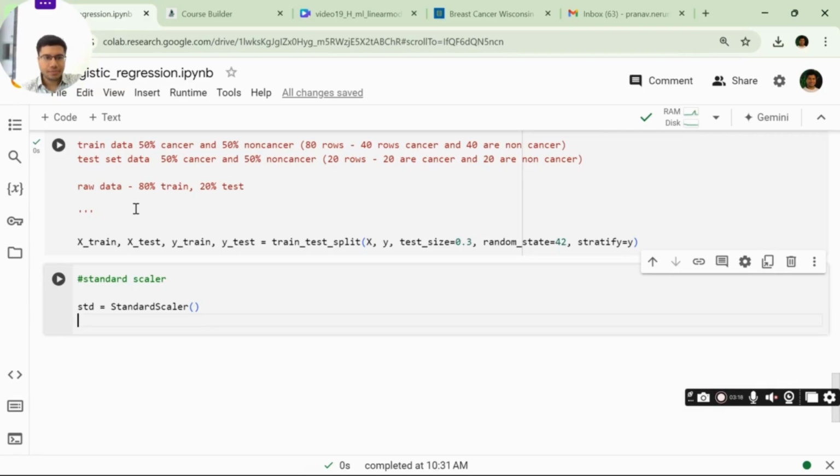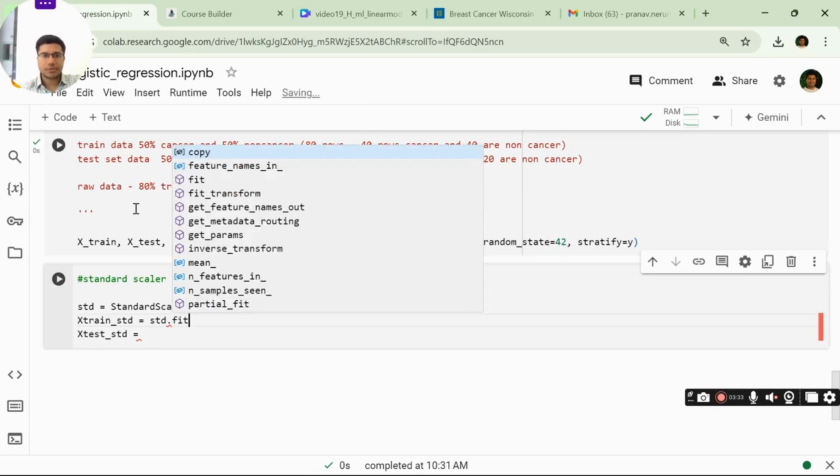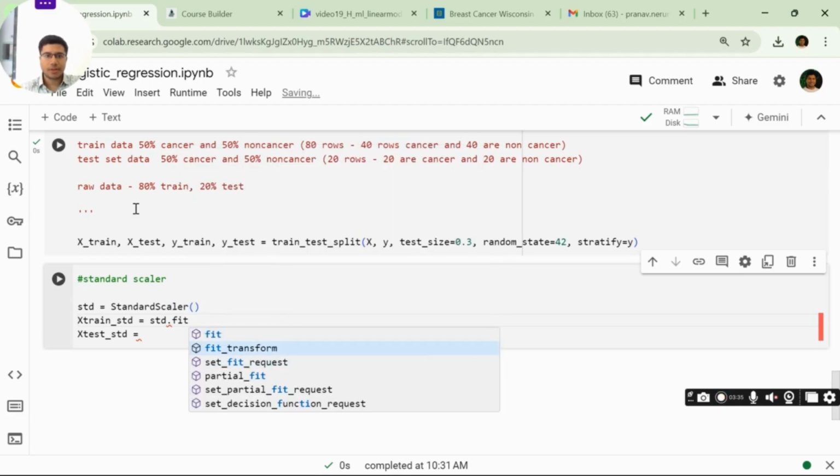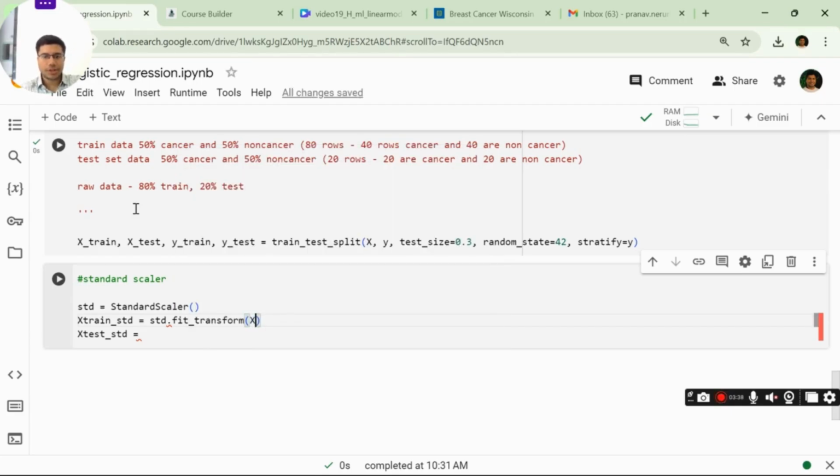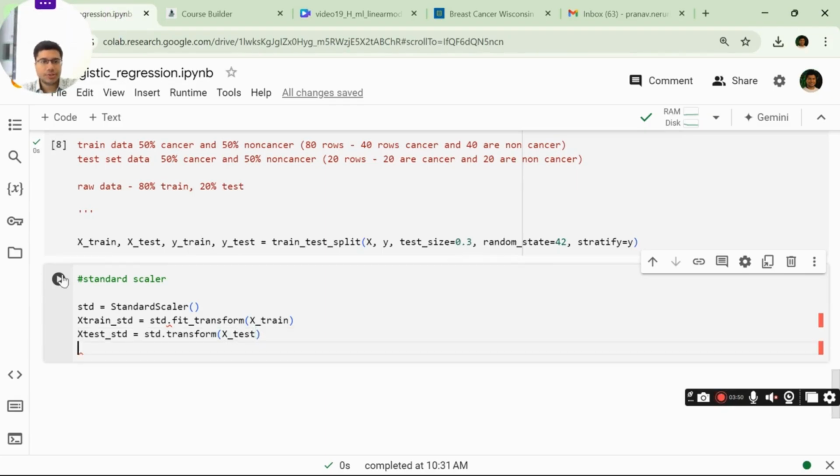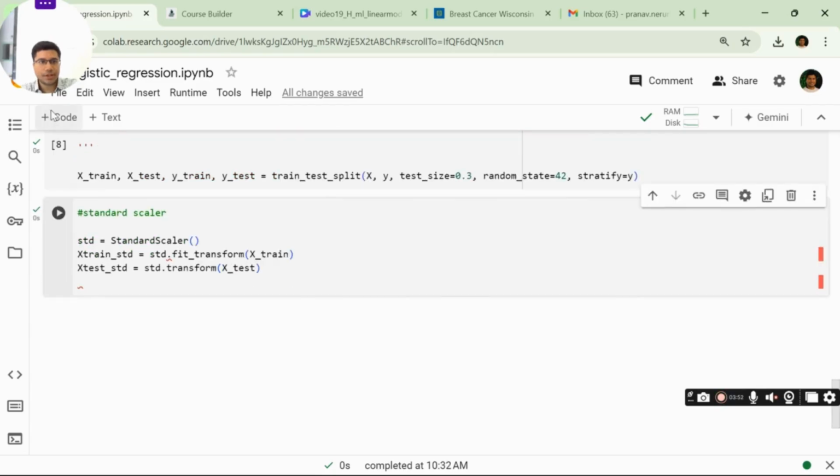And then you will create xtrain standard and xtest standard, and you have to take fit transform of the xtrain, and you have to take fit transform of xtest. So in this way you have standardized both train and test.